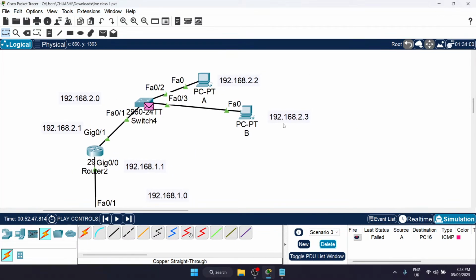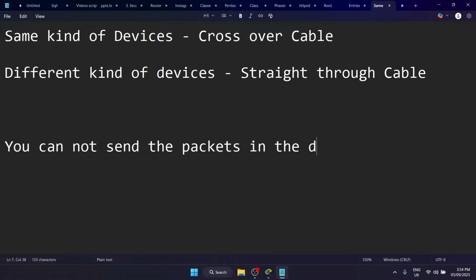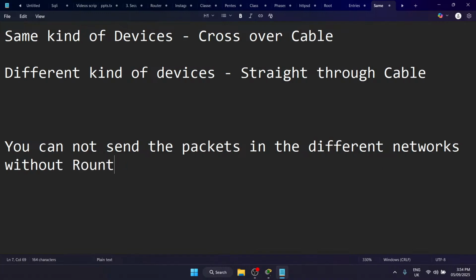So what I mean to say is, if you want to send the packets, let me type it in the notepad: you cannot send the packets in different networks without routing. Okay, there is a feature in the router